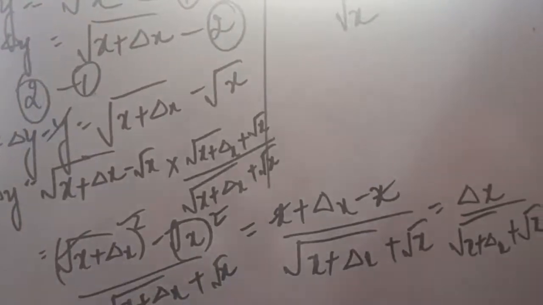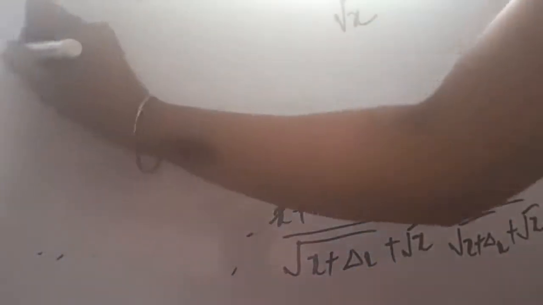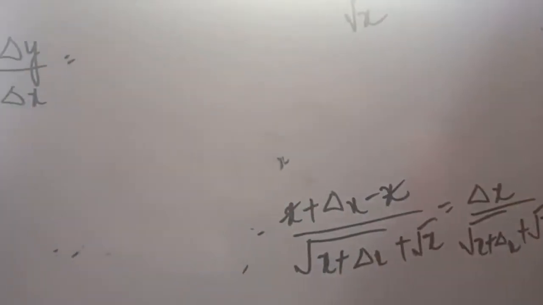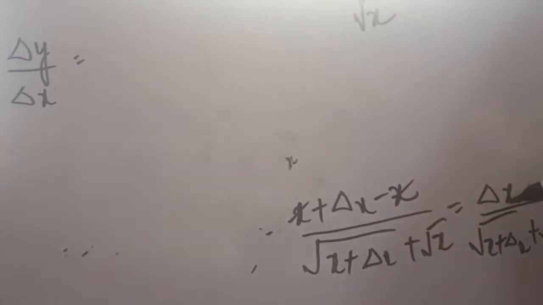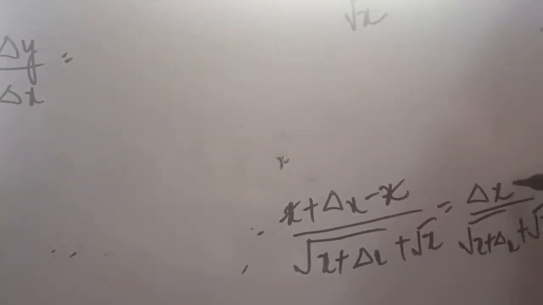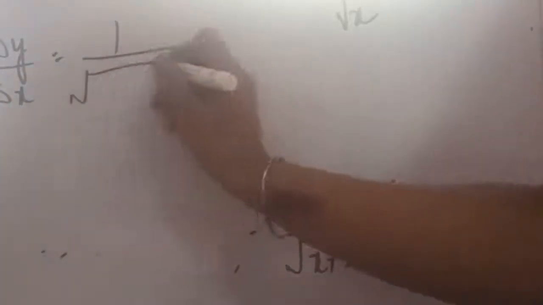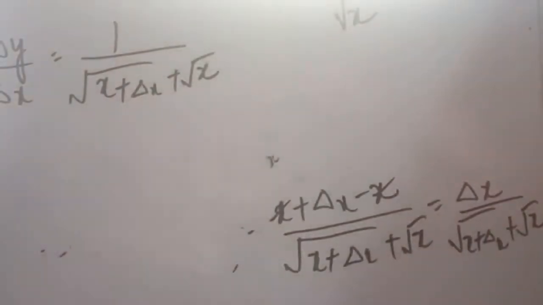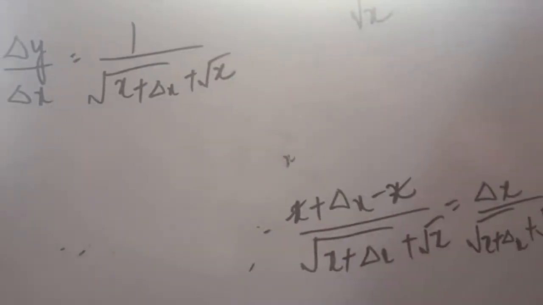And now we will apply the next step. The next step was dividing both the sides by delta x. So on the left hand side we have delta y, and when divided it will be delta y upon delta x. On the right hand side you can see we were having delta x, and it will be divided by delta x, so ultimately it will become 1. And in the denominator I am just copying the same values. I have copied here. And now finally taking the limit.